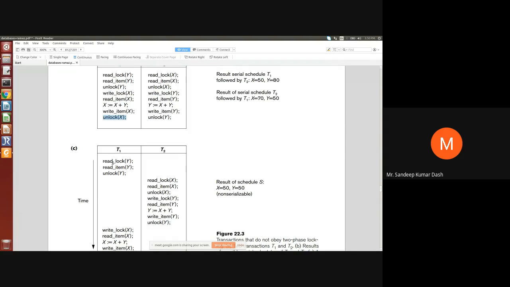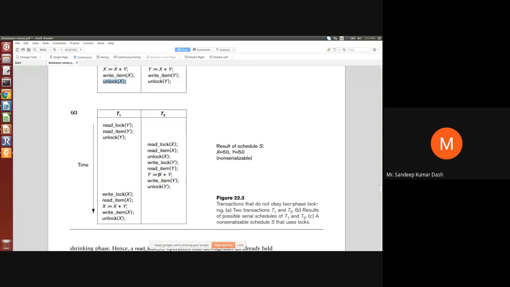But if you see, you have applied the unlock locking mechanism. That means you have a proper concurrency control technique in place. But still the results are 50 and 50, which is not equivalent to any of the serial schedules. So this is non-serializable. The main aim was that you are applying read lock, unlock, write lock, etc., all those things for making the interleaved schedule equivalent to a serial schedule. But even after so many lock and unlock operations, it is not producing a serializable result. So where is the fault?